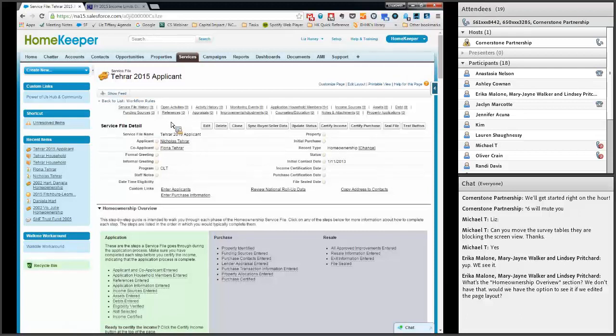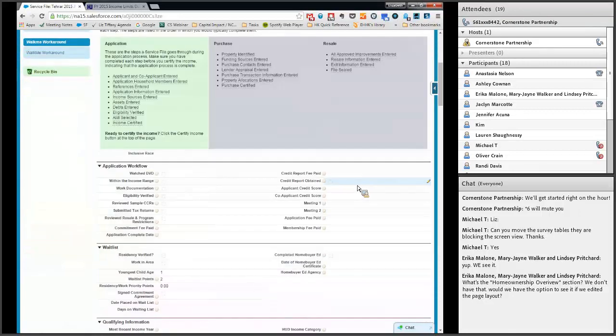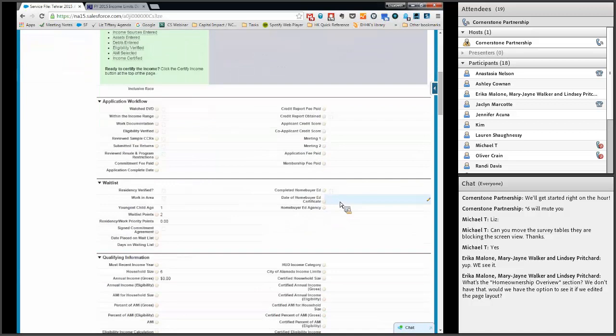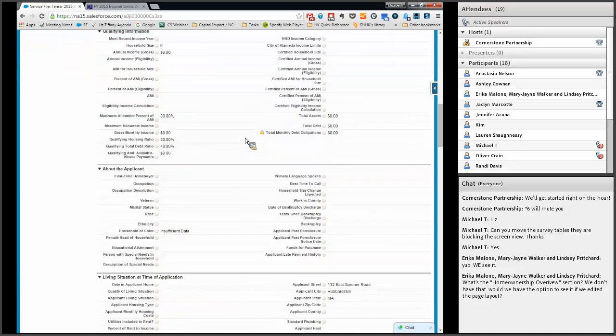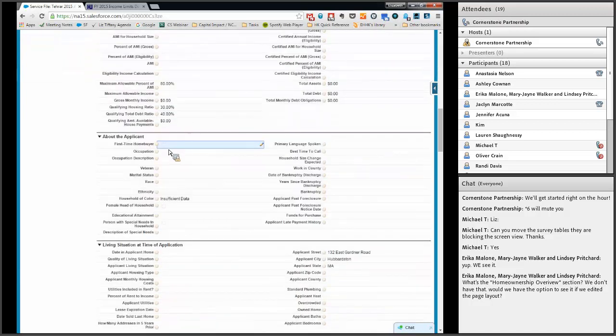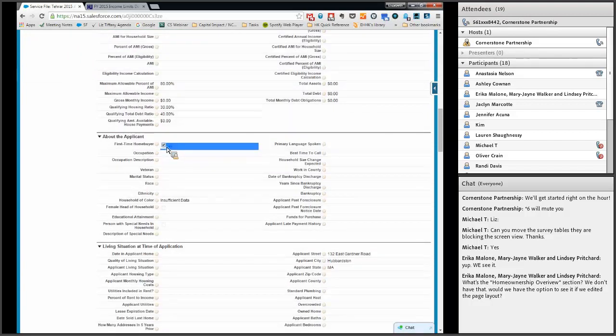And so now that we've done that, we can enter in some of the demographic information that would be on the paper application. And so on that paper application, it probably will have something about whether they're a first-time home buyer. Sorry, if somebody